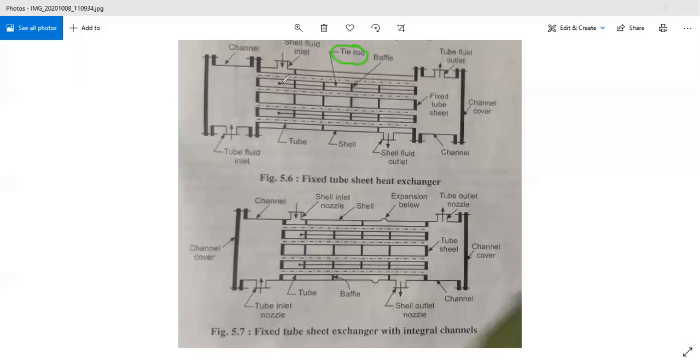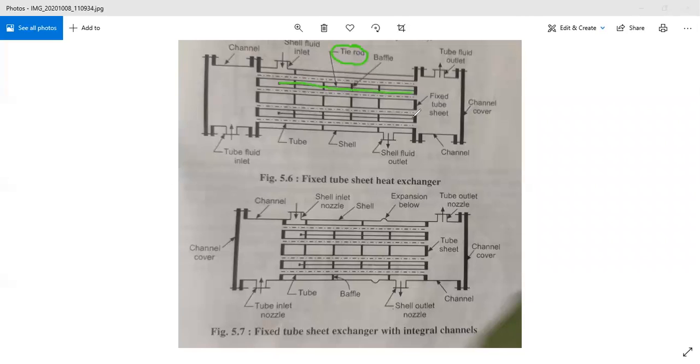So for supporting the weight of these tubes and for maintaining the straight direction of these tubes, we have to incorporate these tie rods. So the main function of these tie rods is to support the tubes which are available in